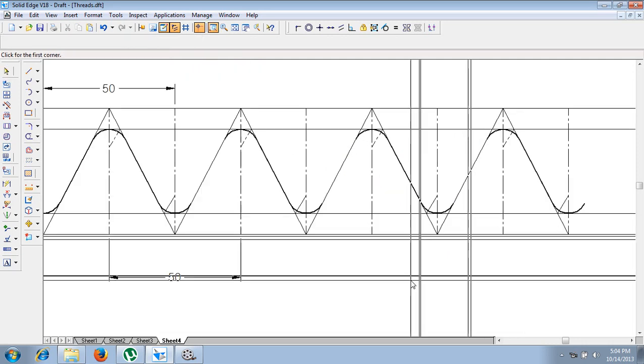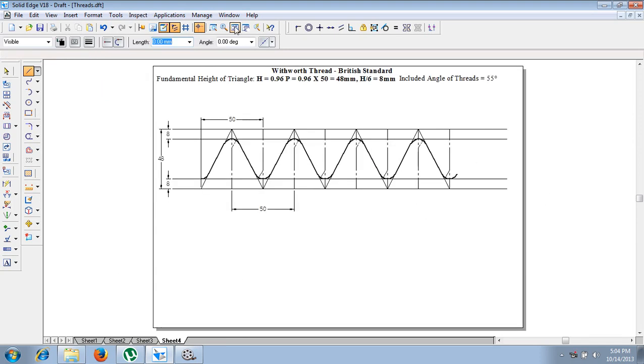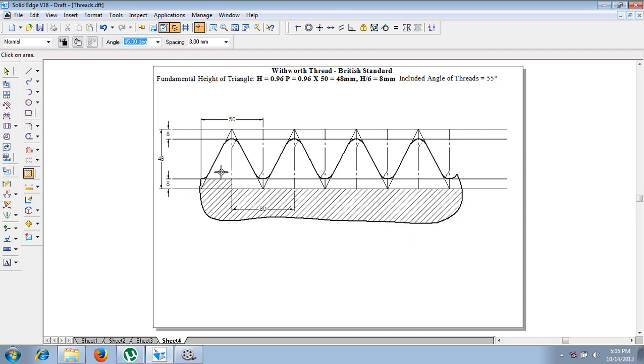Now you can see there are 4 triangles, but here we could not move it properly, that is, while selecting we have not done the selection properly. So let me draw a line like this. Now after drawing this required line, make use of a command called curve. Then starting from this point, let me draw a freehand sketch which is going to define the boundary. Now using a command called fill, let me fill this surface, which is going to complete the construction of the required form of thread, that is